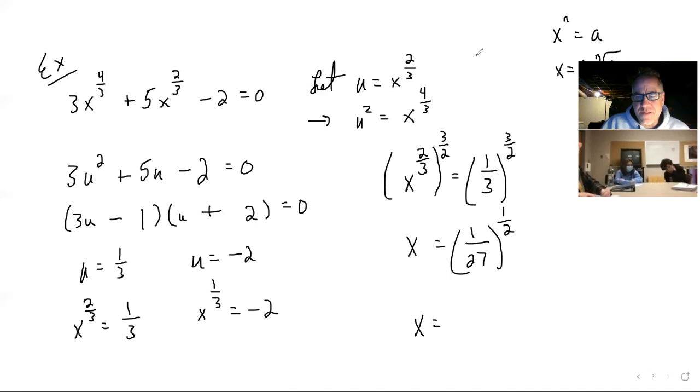Are you guys okay that x to the 1/2, incidentally, is the square root of x? Have you seen that before? Yeah. Okay. In fact, x to the power of 1 over n is the nth root of x. But if you have to take even roots of both sides, there could be a positive and a negative case. Okay, so now we've got all kinds of issues here because